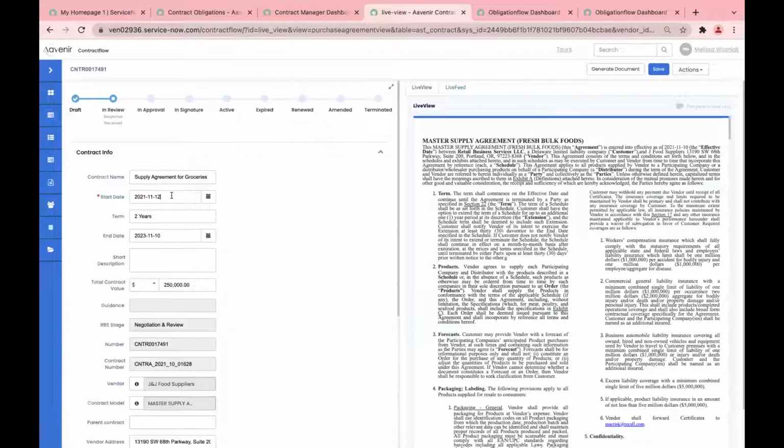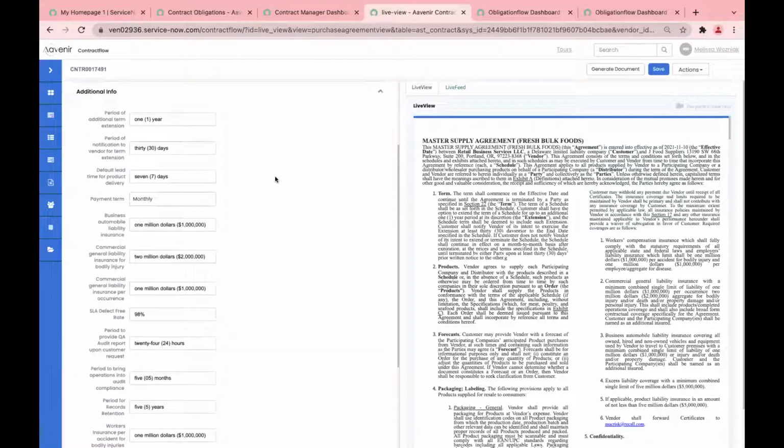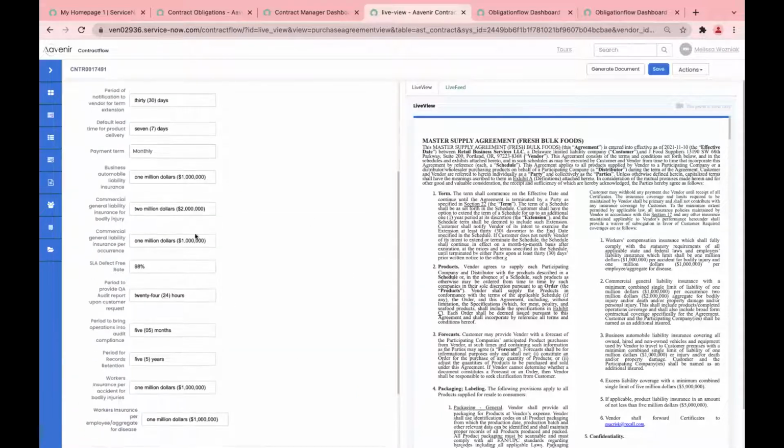Okay. So I'll just quickly reload my browser and just give it a second. So let's start with start date. So as you can see, start date has been updated from 10th to 12th. Okay. And let's go down to the additional information section. So here, the SLA defect-free rate has been updated to 98% from 98.5%. And this period to bring operations into audit compliance was also updated in the system to 5 months from